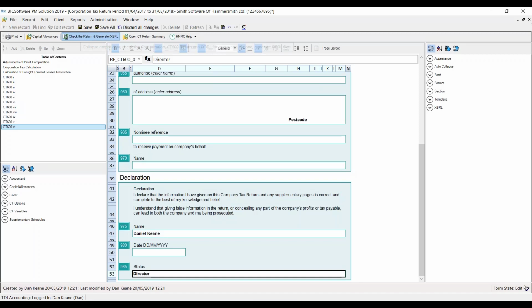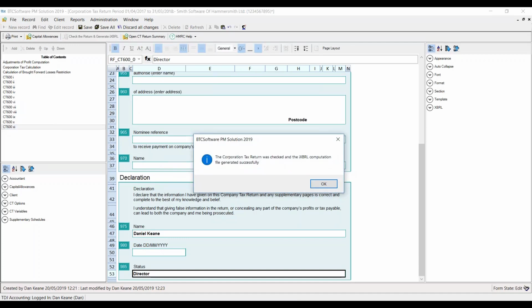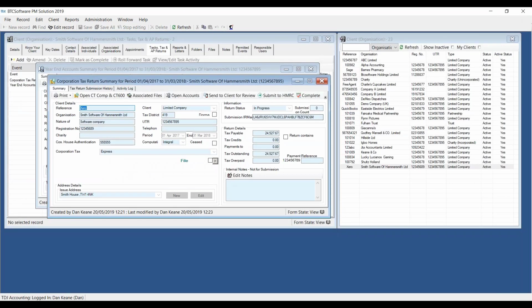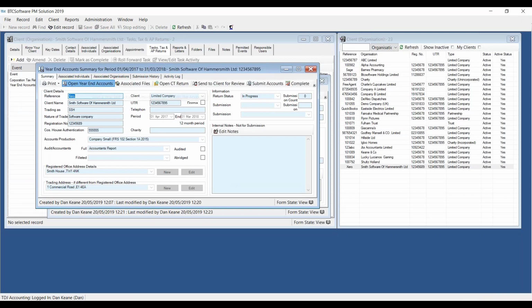And that figure that we saw there in the corporation tax calculation will automatically post into the extended trial balance. So we won't have to rekey that in manually, as I'm sure most of you are doing at the moment. So if I choose the small X to come out of the corporation tax module, and we go back to our year-end accounts, open up the year-end accounts,